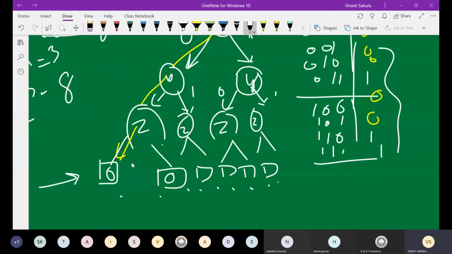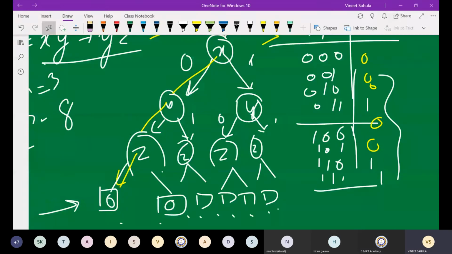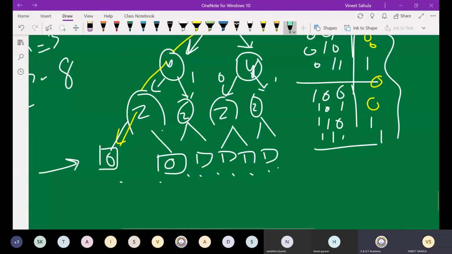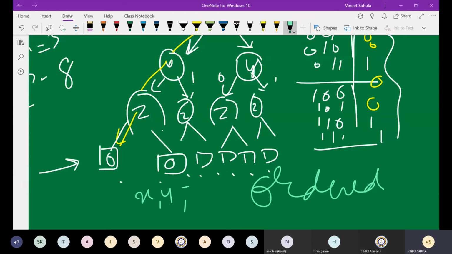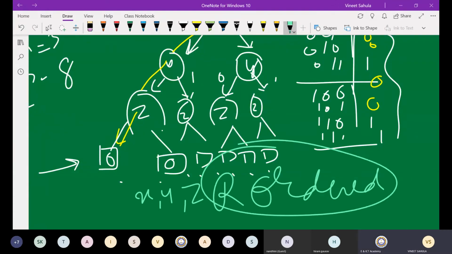And we have BDD, binary decision diagram, where it is ordered. What ordered? X, Y, Z is an order. You can change the order, Y, Z, X or something, but it is pre-decided and we do it. This is possibly not canonical as of now. We have to reduce it. So you have a reduced ordered BDD, right?